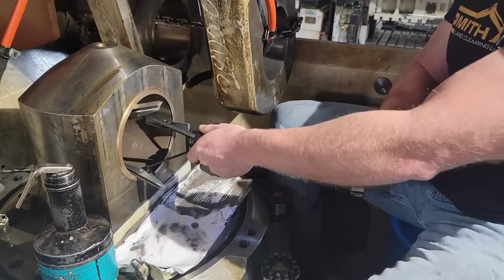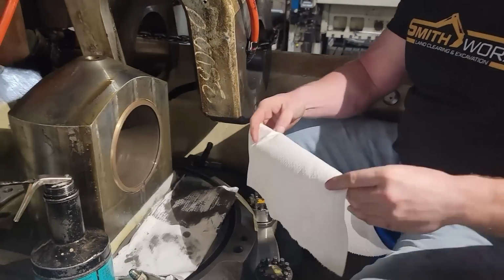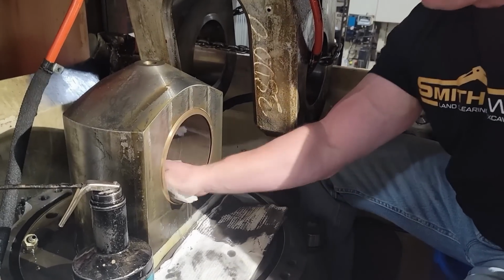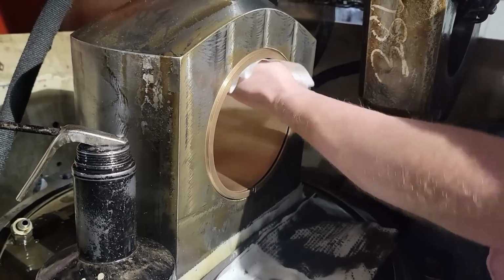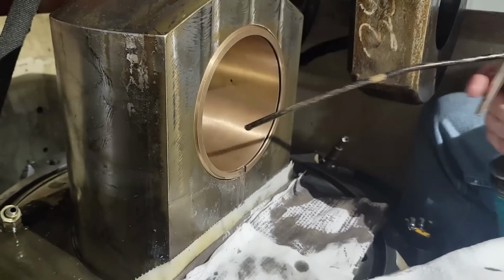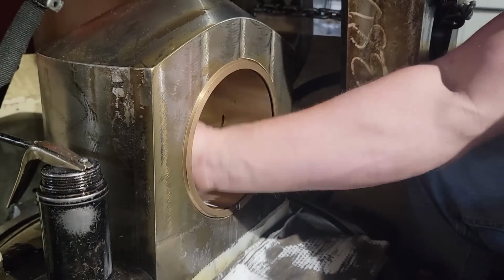What you're looking at is what they call a quick lift. If anybody's familiar with stamping presses, you just hone it out. I try to keep everything clean. I clean it every time that I do a pass on it. I put fresh oil in it, clean it out, try to keep that stuff from embedding itself in it. Try to get as accurate a measurement each time as I can. That way I know, because if you go over, you're out of spec, and you got to push the bushing